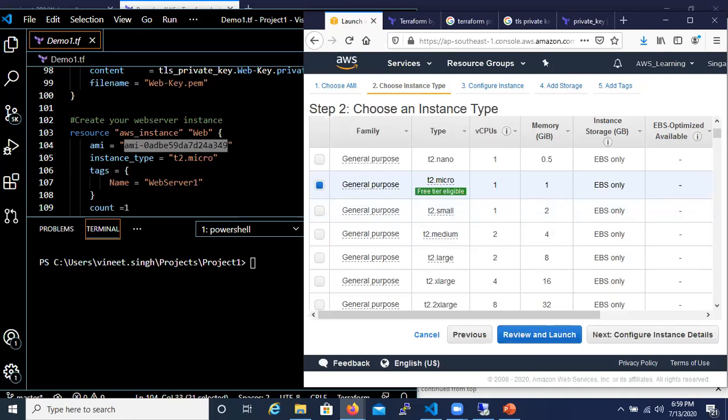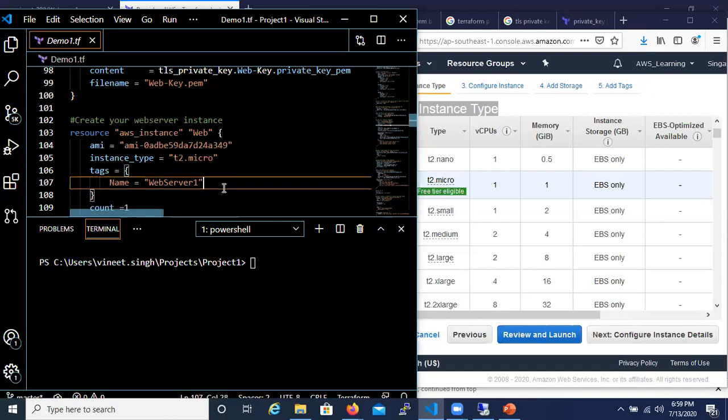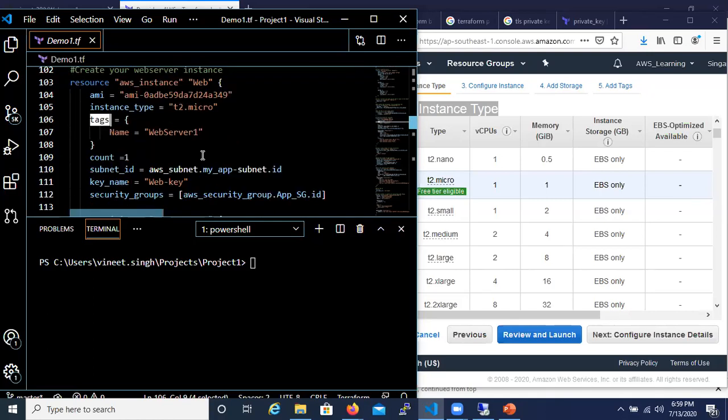So for demo purpose, similarly I have to define this as instance_type, and I'm using t2.micro. This is my instance type. And this instance, I'm going to give it a name as web server 1, so I have defined tags equal to name, and name equal to web server 1. I am going to launch one web server, so count is equal to 1.